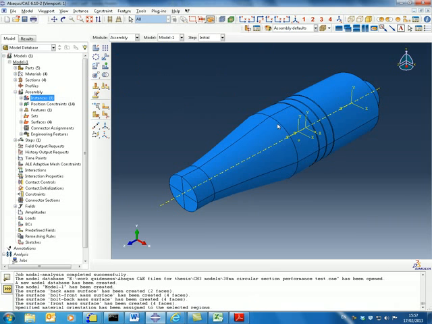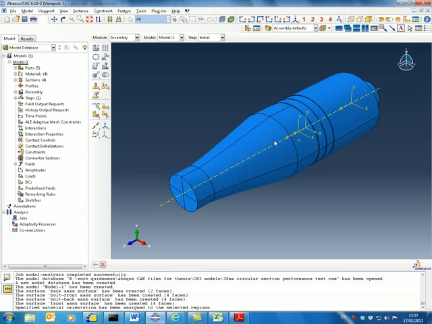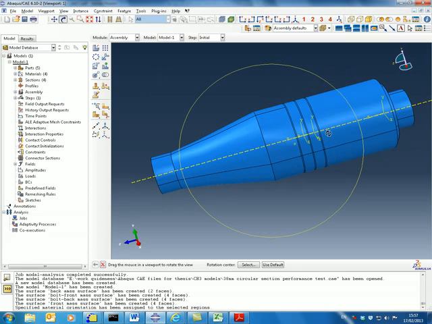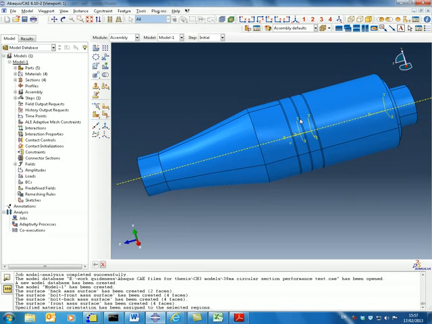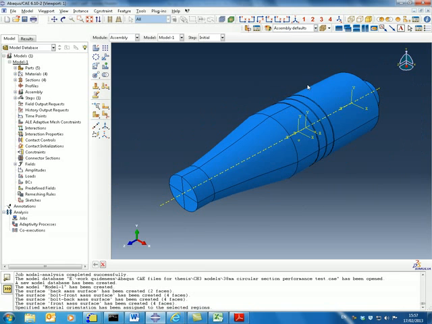Now all parts are coming together. However, we need to define interaction between parts, otherwise it cannot work properly. Even if you bring these parts close to each other, they can't see each other unless you define the interaction. And to define the properties between the interaction,